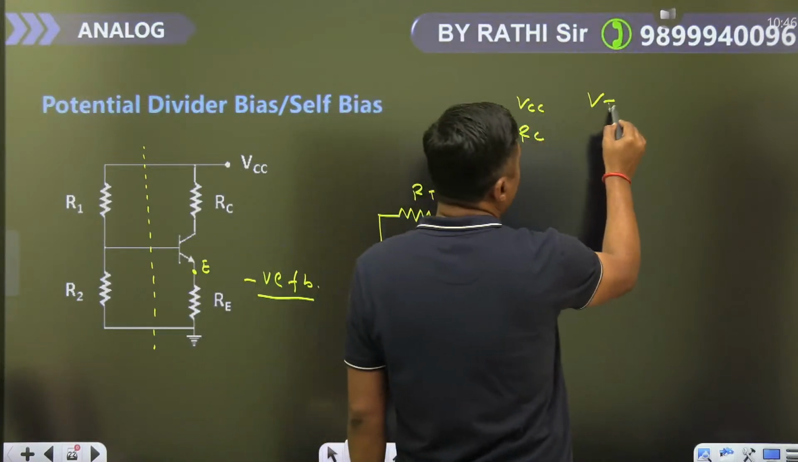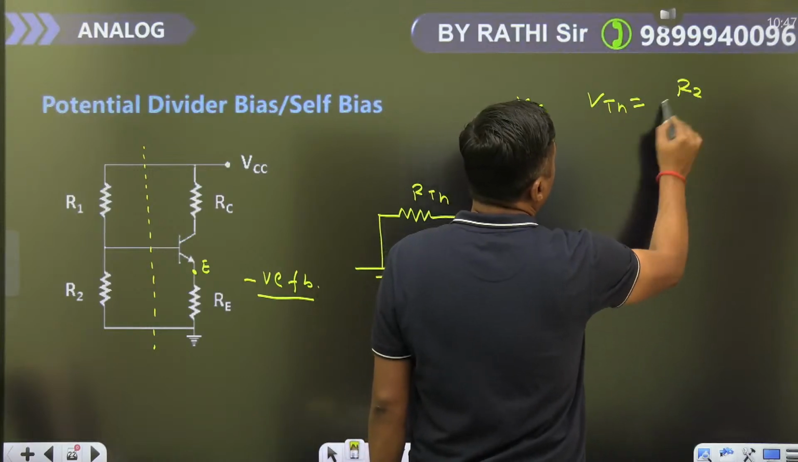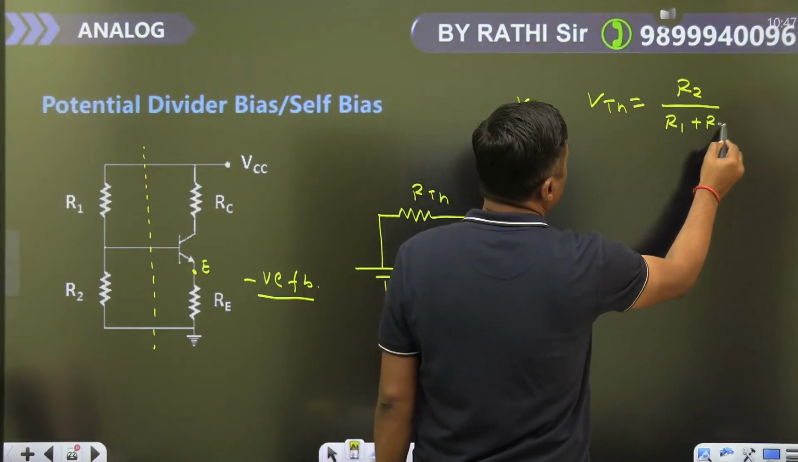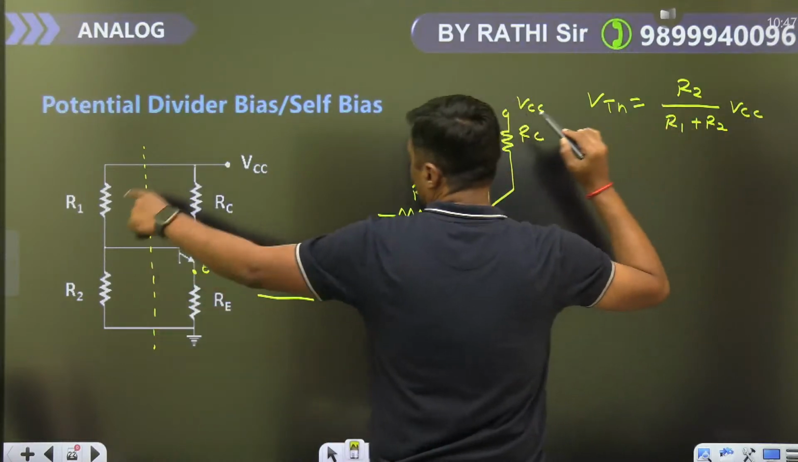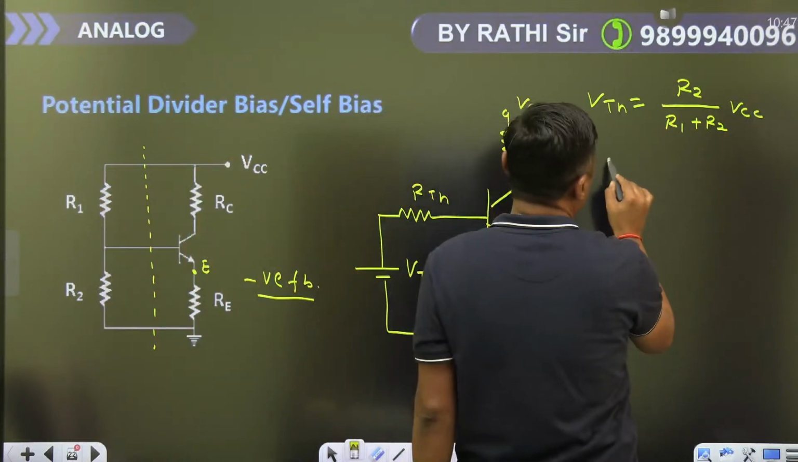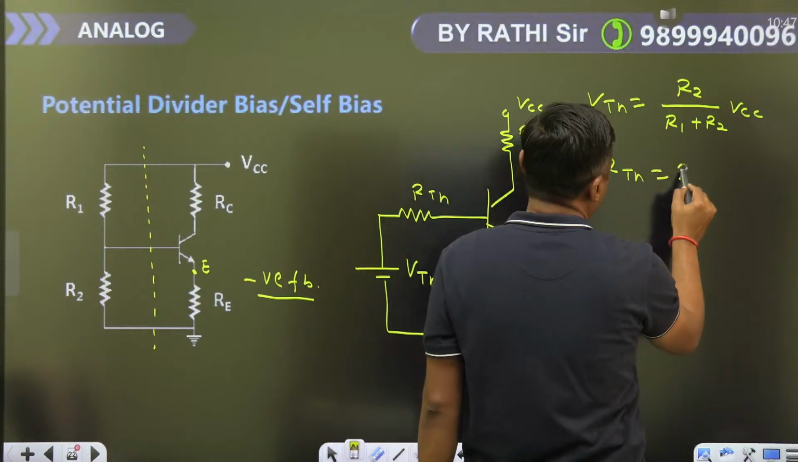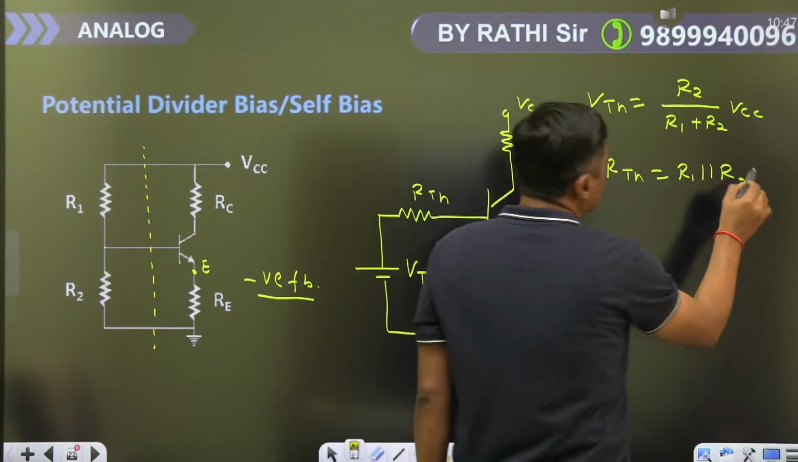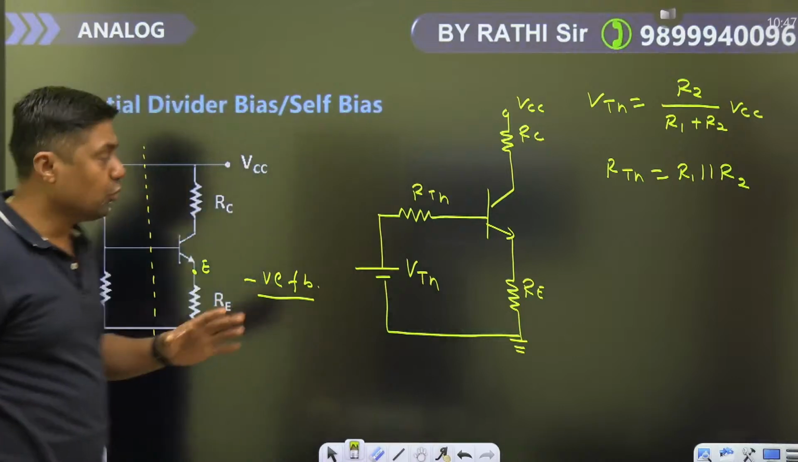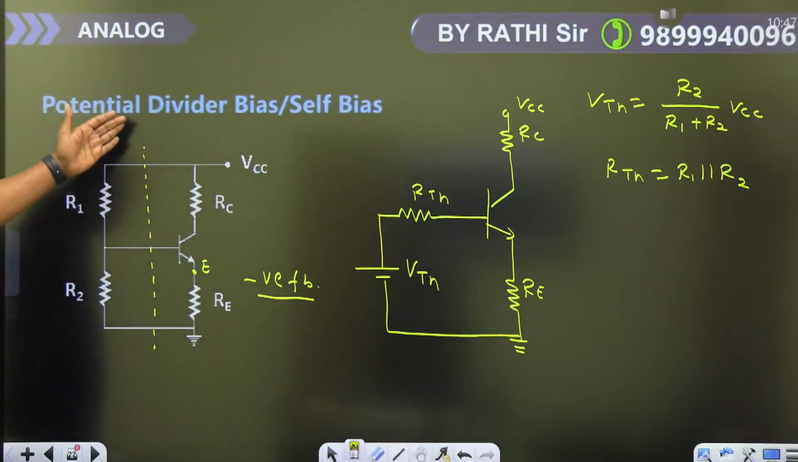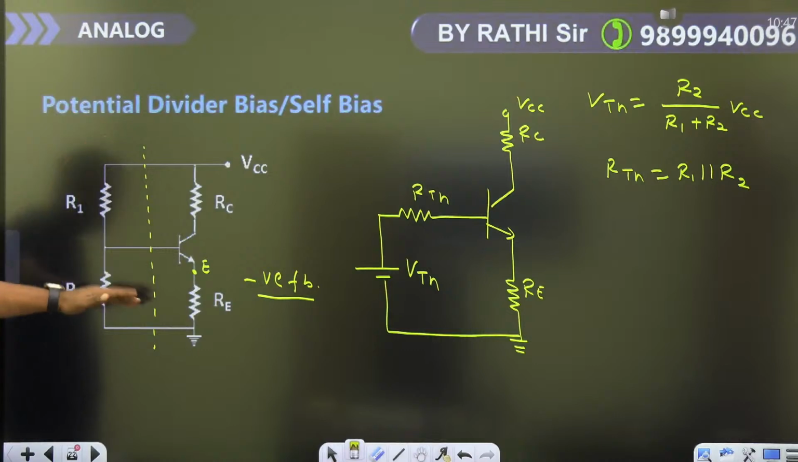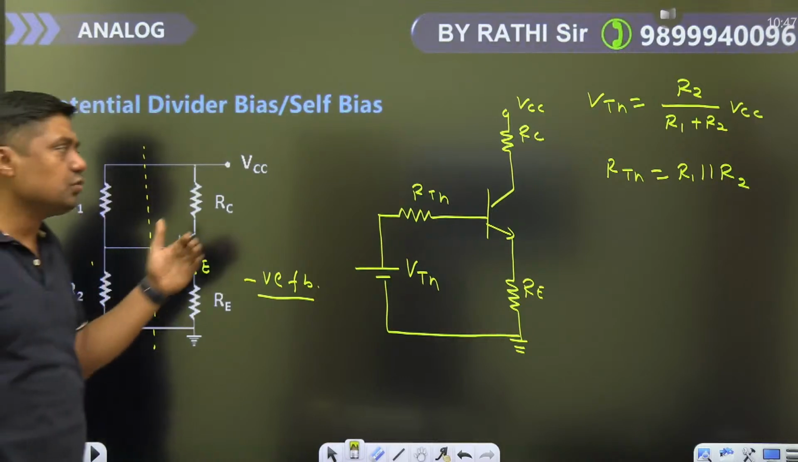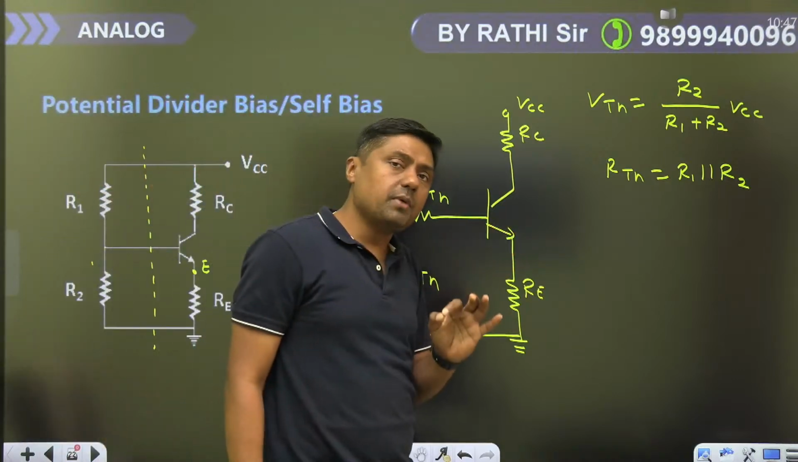where VTH is given by R2 upon R1 plus R2 into VCC, and RTH is given by R1 parallel with R2। तो ये देखिए, जब भी इस सर्किट को सॉल्व करना है तो हम यहाँ पर थेवेनिन्स लगाते हैं, वी अब फाइंड कर लेते हैं VTH, R2 upon R1 plus R2 into VCC और R1 parallel with R2 से RTH, and then it is very easy to solve this question।